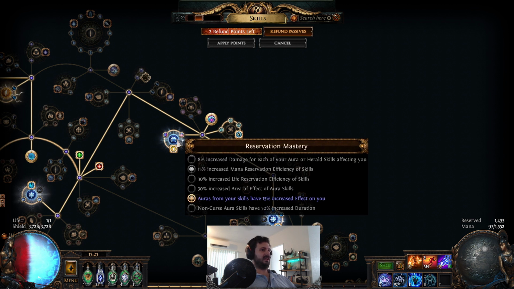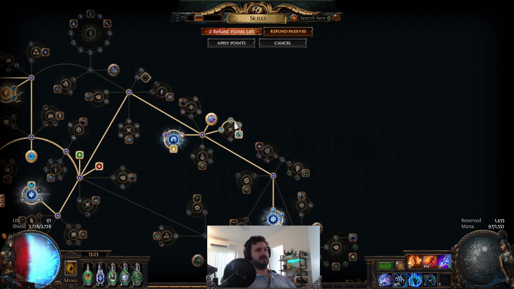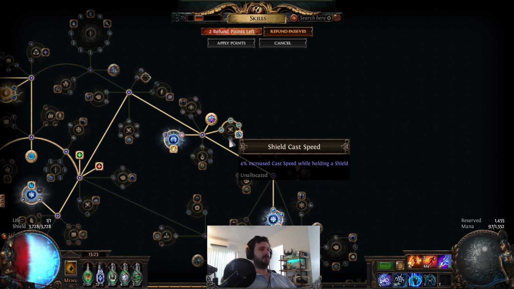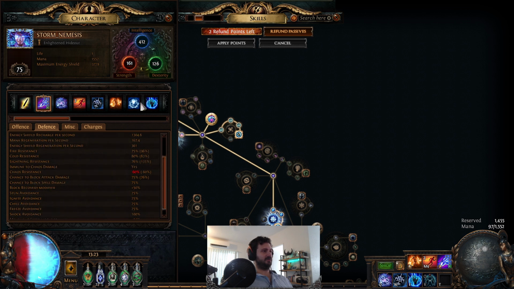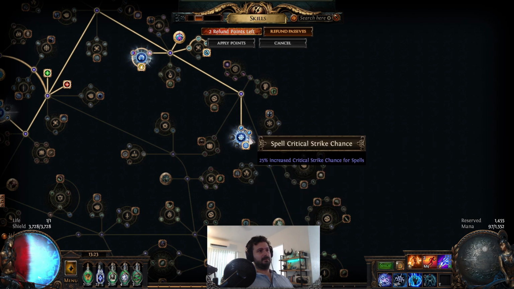You want the Reservation Masteries, you always pick those, so auras have 15% increased effect. Arcane Sanctuary is really important to get on this build because we need the max spell block. Potentially we could just get shield cast speed because we're pretty much at max block now, but we achieve max block very easily on this build. So max spell block without having a Rumi's Concoction. Then we come down, you're going to get